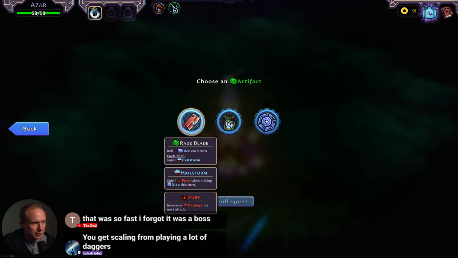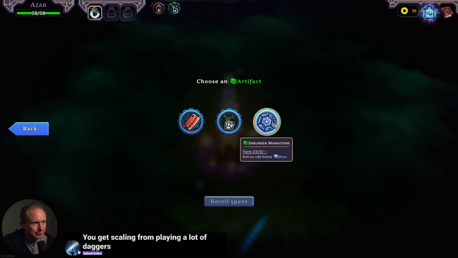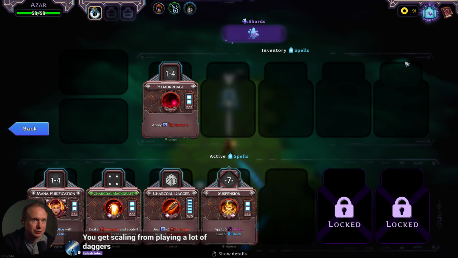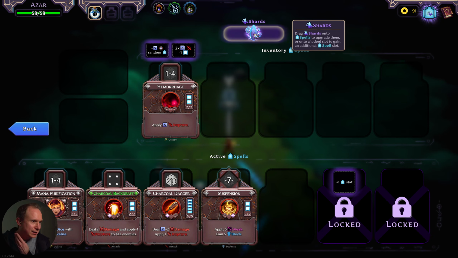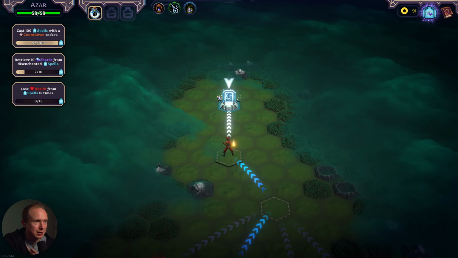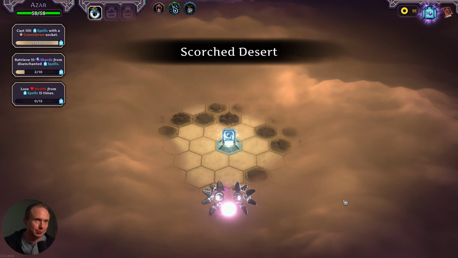Rage Blade, -1 dice. Each turn gain 1 hailstorm. Sap. Yeah, we go sap. Amulet of Sacrifice it is. And then yeah, I don't think Hemorrhage works for us. So I'm actually going to hang on to this, and we may try and find a shop and do that thing that Dud was saying by stacking up a lot of